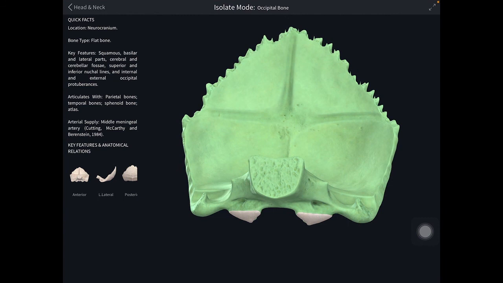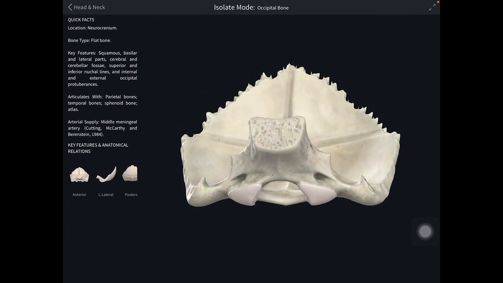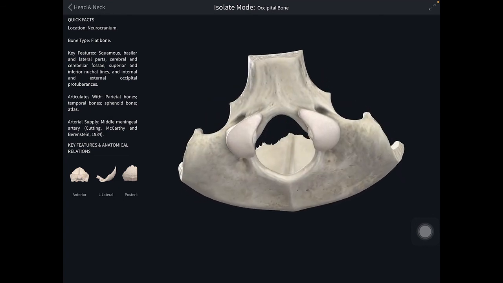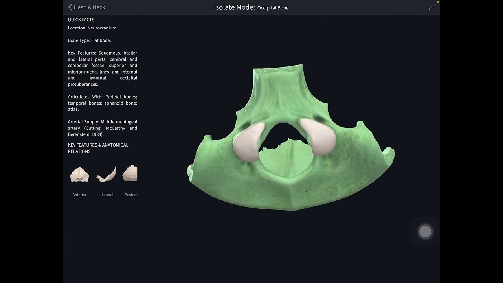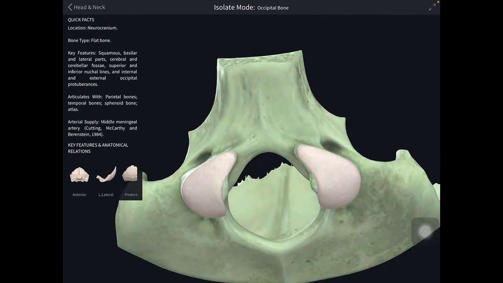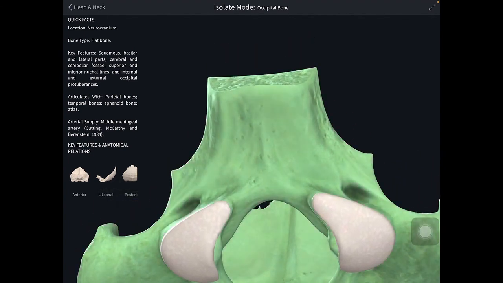It is quadrilateral, rough, and articulates by a plate of hyaline cartilage with the posterior surface of the body of sphenoid bone, forming a primary cartilaginous joint, a synchondrosis, which is replaced by bone, synostosis, usually after 25 years. So this is the anterior surface. Now the inferior surface. Yes, now we are seeing the inferior surface. It faces downward and forward.